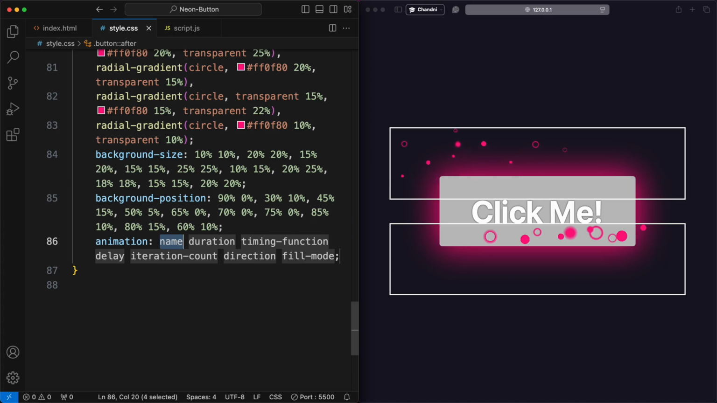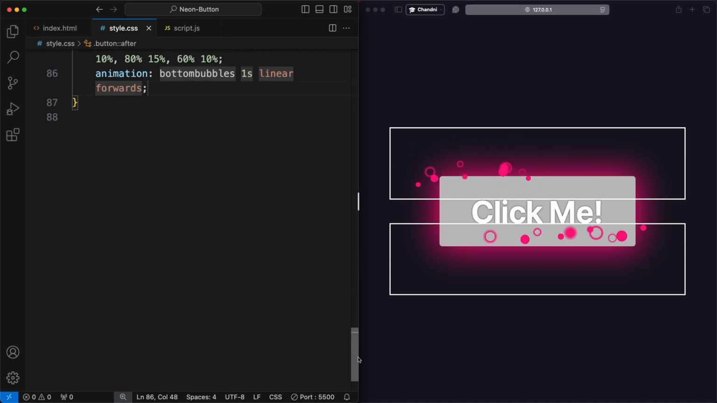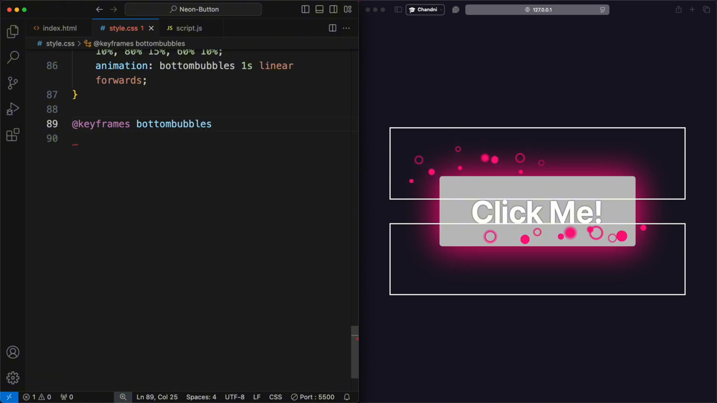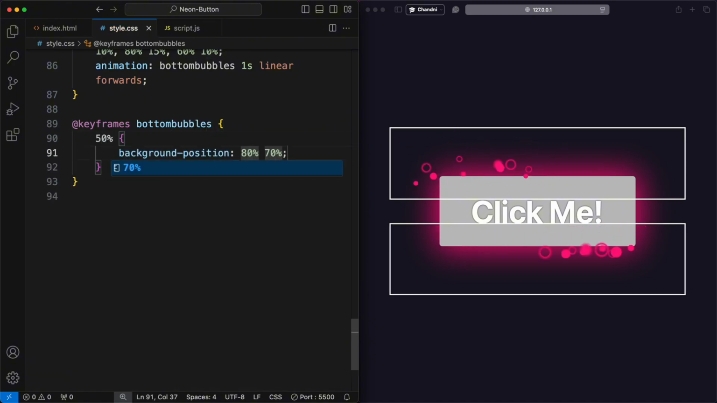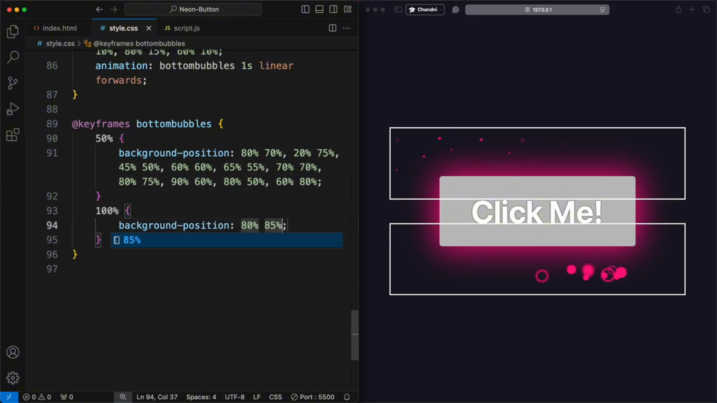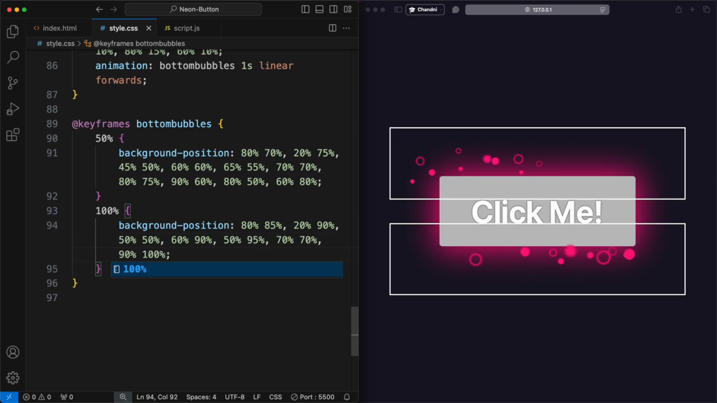Then I added an animation applied to the button :after pseudo element with a duration of 1 second, using an ease-in-out timing and forwards to ensure the bubbles remain in their final state after the animation completes. I defined the keyframes animation named bottom bubbles. At 50%, the background position values are set to various coordinates, arranging the bubbles in a specific pattern. At 100%, the background position values change again, and the background size for each gradient is set to 0%, making